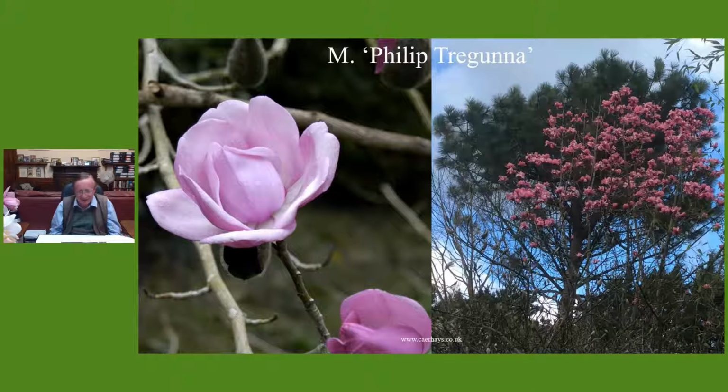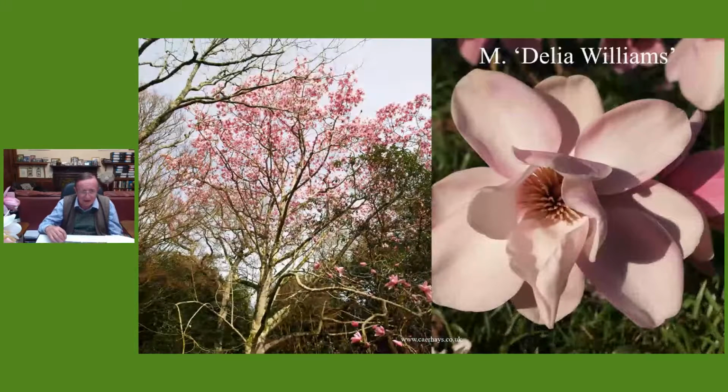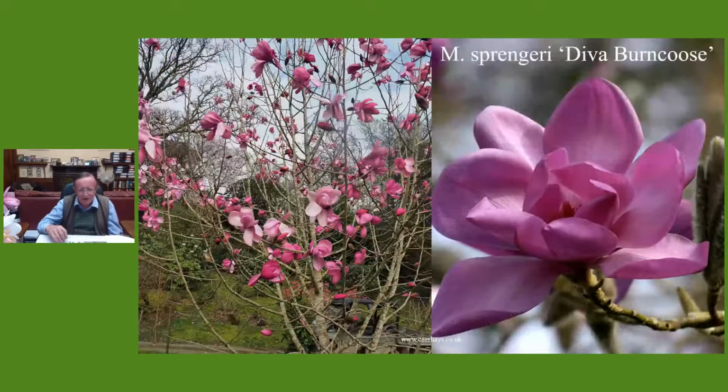And that photograph was taken a long time ago. It's double that size now and has thousands and thousands of flowers. And then one named after my mother, which is again about double the size it was in the photograph. It's a light pink, similar breeding to Caerhays Bell, but it's one of those magnolias that when you look up underneath it, you think, my goodness, how can a tree ever really produce that number of flowers and be that spectacular? And then we've got Sprengeri Diva Burncoose, which is a Burncoose Nurseries bred form, which grows by the house